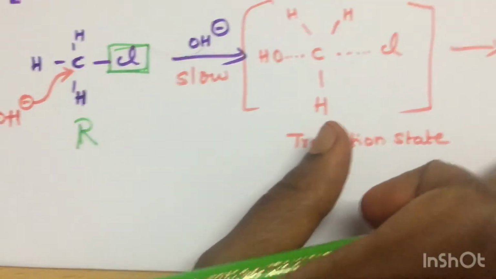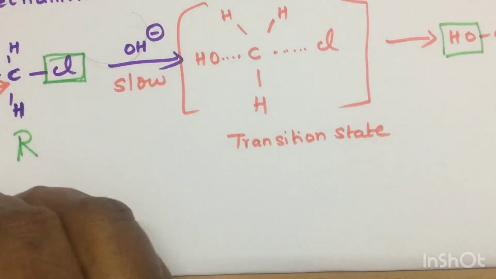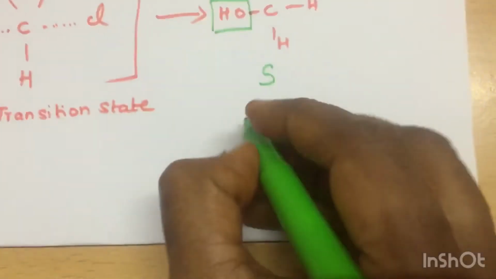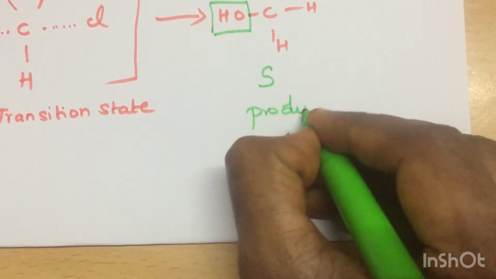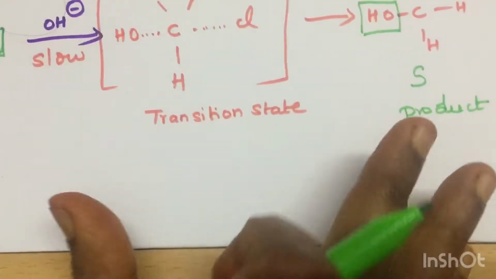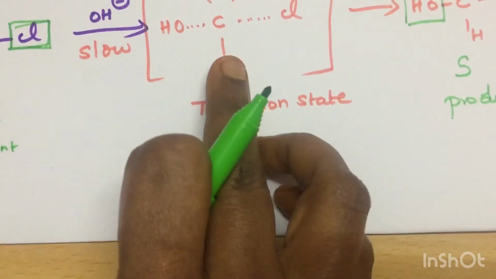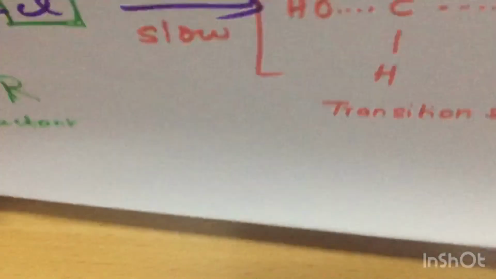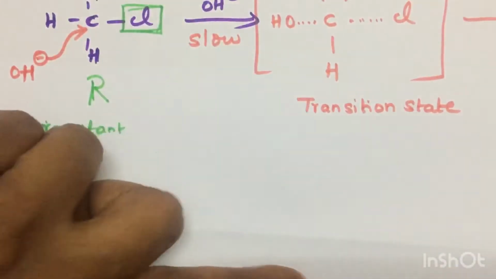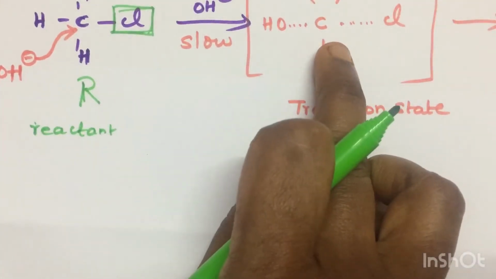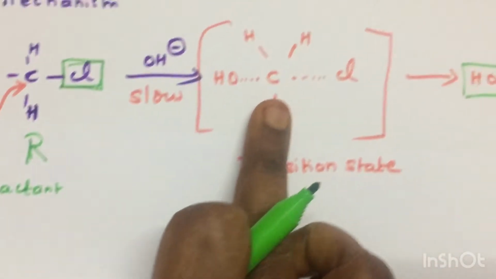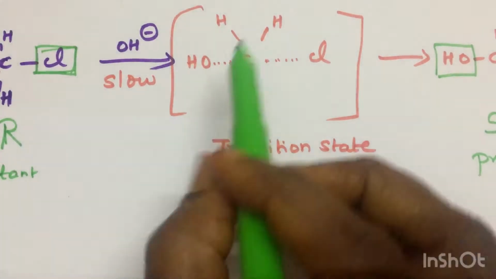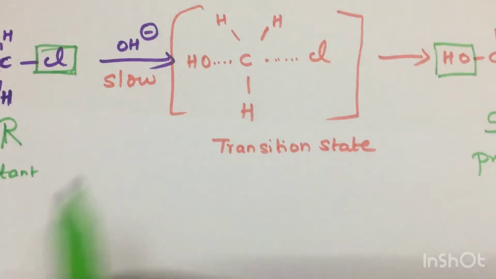This is the reactant, so the product will be of opposite configuration. This is very important. And one more thing, this is the rate determining step, the slow step. And what is the hybridization of this carbon? This is a well-known question. Everybody will say this is sp3d since it has five bonds, but it is not.